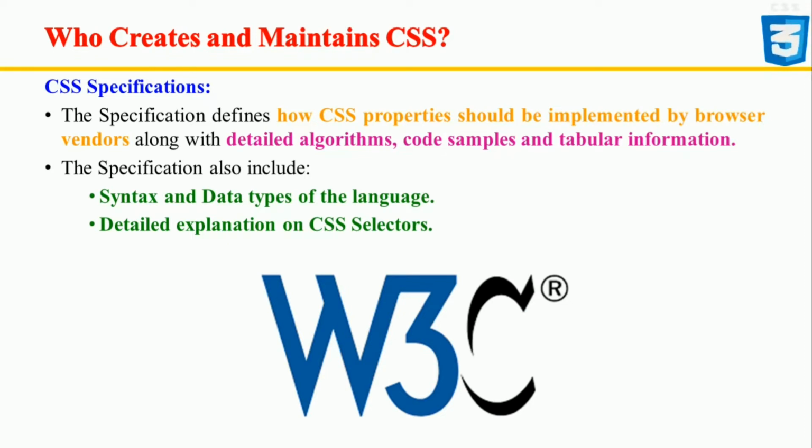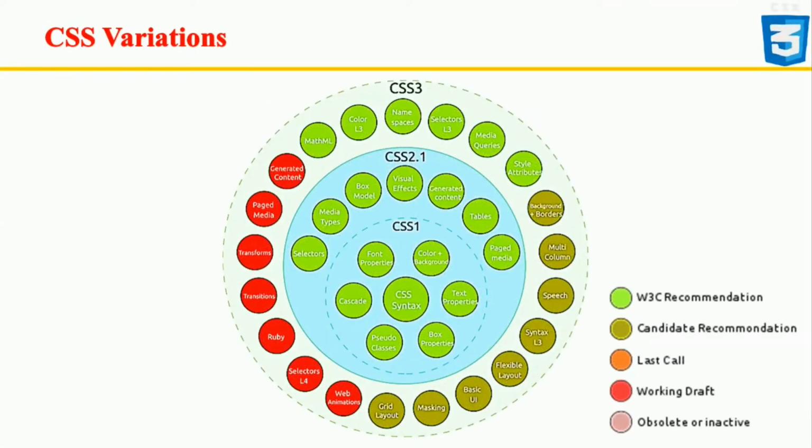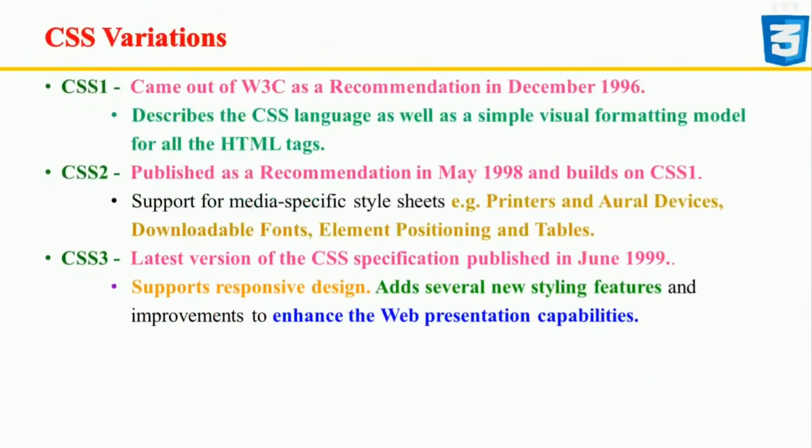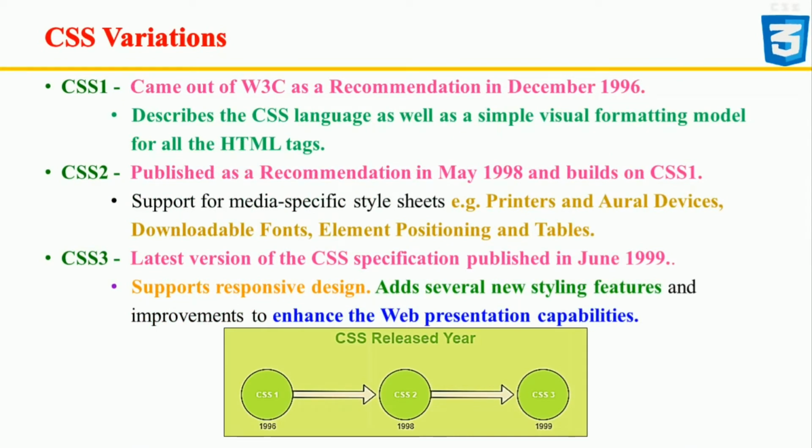CSS is an open, independent, and freely usable standard. As with HTML, a working group exists for CSS who concerns itself with development of the standard. This is being done in accordance with W3 Consortium rules. CSS has various levels and profiles. Each level of CSS is built upon the last, typically adding new features, and it is denoted as CSS1, CSS2, and CSS3. CSS1 was adopted in December 1996.